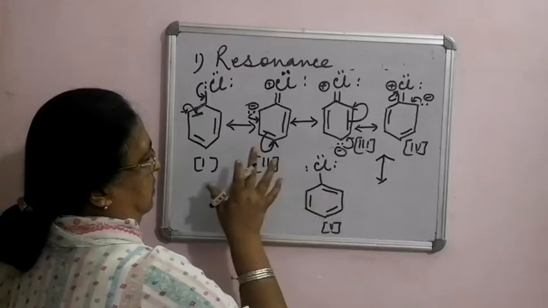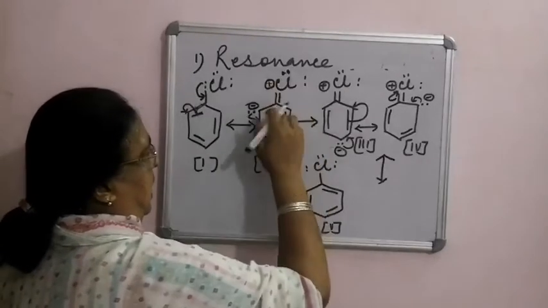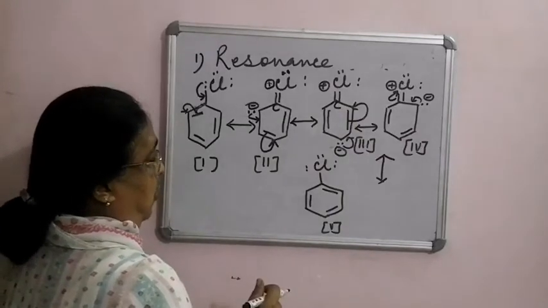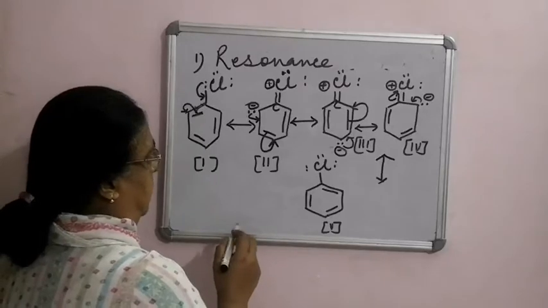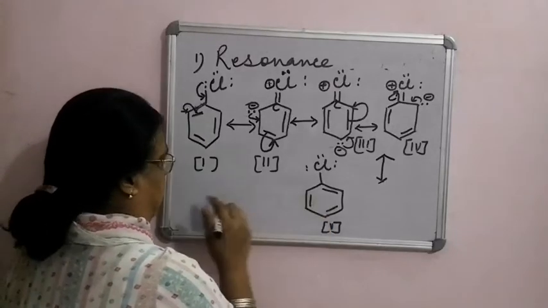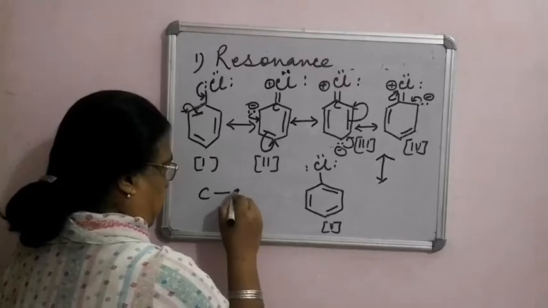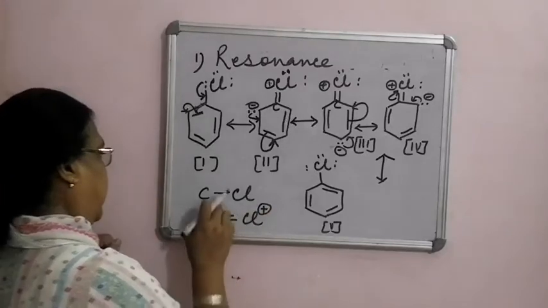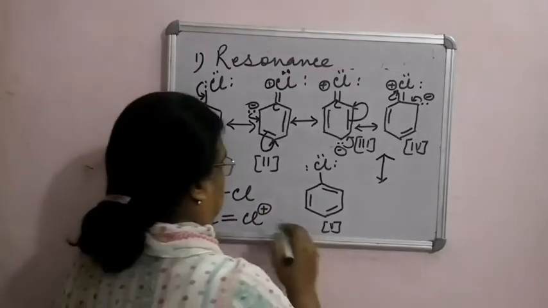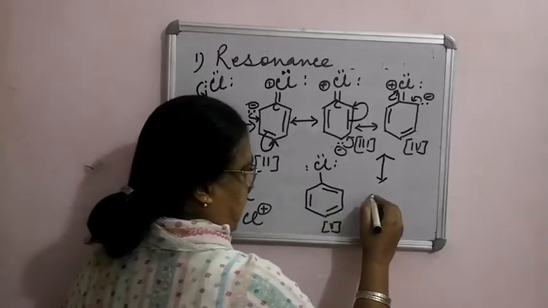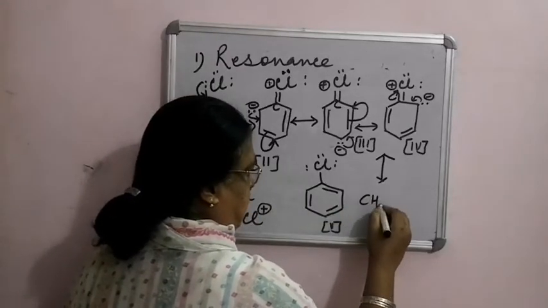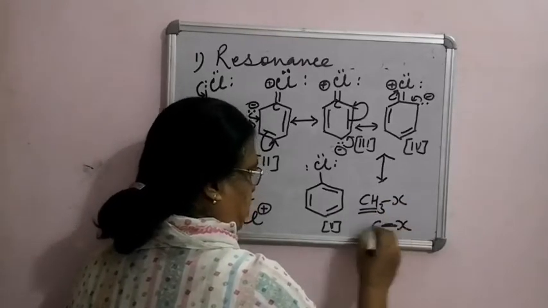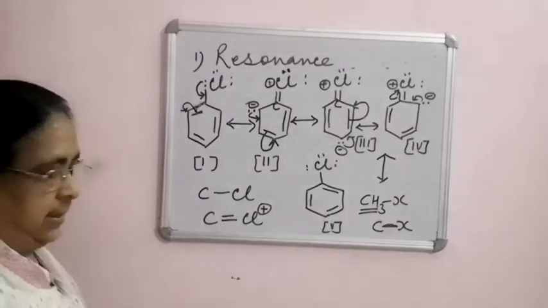So, most of the time, the chlorine-carbon bond will be a double bond. Out of 5 structures, 3 structures show the carbon-chlorine bond as a double bond, and in 2 structures the carbon-chlorine bond is a single bond. So this carbon-chlorine bond in chlorobenzene has a dual character, whereas in an alkyl halide, that is CH3X, there is no benzene ring, so this bond only has single bond characteristic.